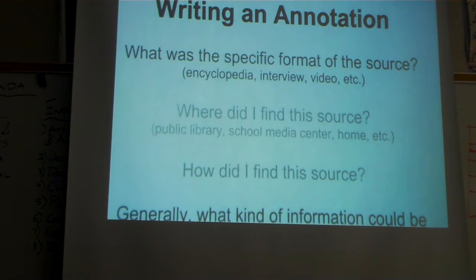Now we are going to speak about creating an annotated bibliography. We're first of all going to find out what goes into an annotation, then secondly go about creating the annotation itself and the annotated bibliography, and the last thing we will do is look at what a completed annotated bibliography looks like. To start with, you need to go back to make sure you know exactly how to cite everything